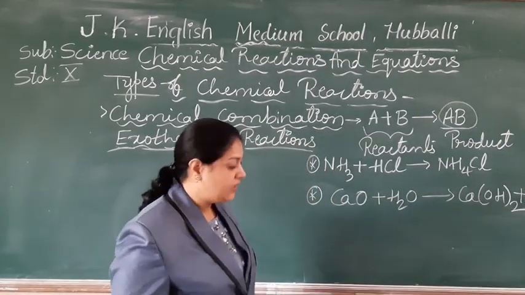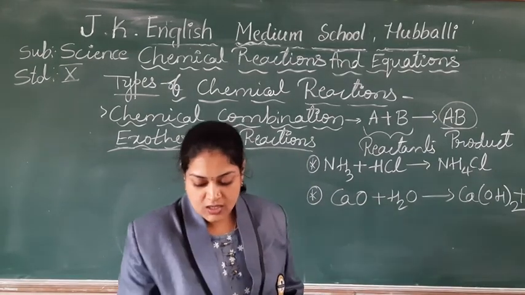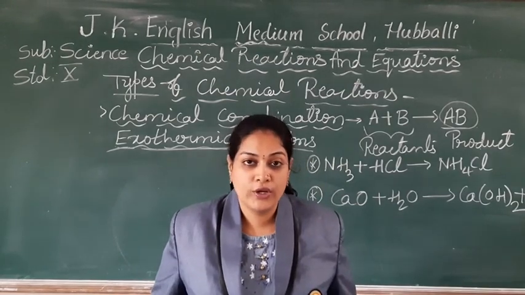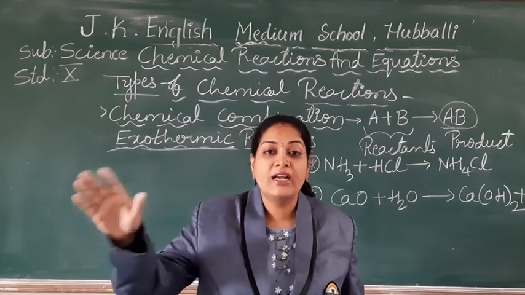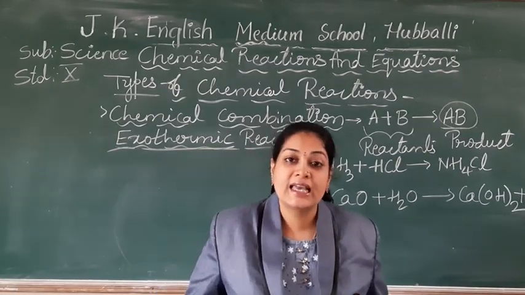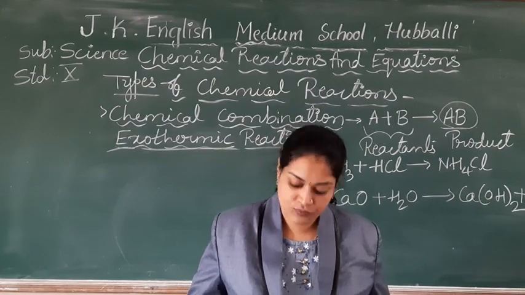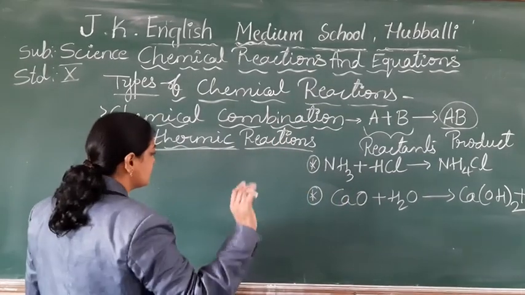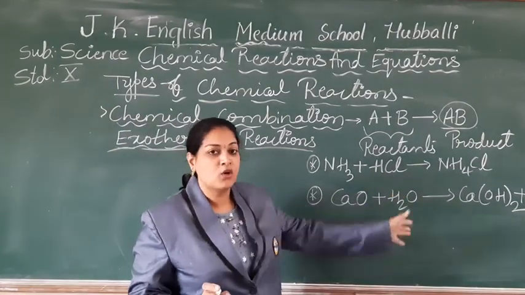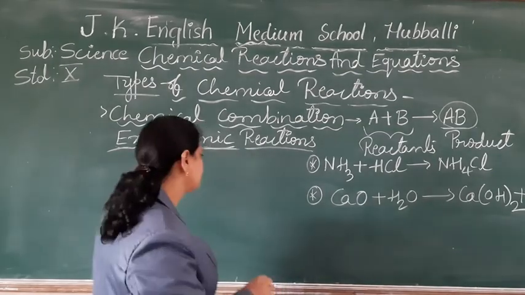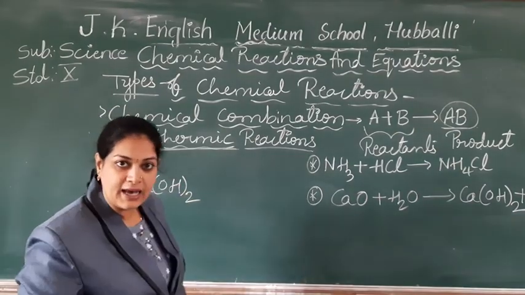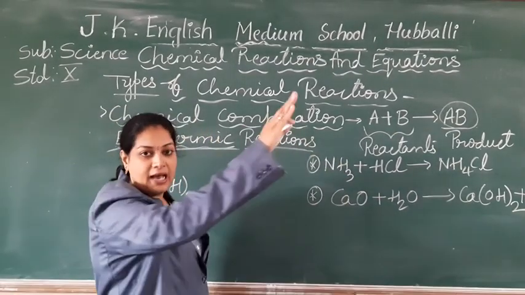I think you are familiar with calcium hydroxide, students. Yes, this calcium hydroxide, this is the slaked lime solution, what we are going to call. This we will use in whitewashing the walls. To make the whitewash for the walls, we will use the slaked lime. This is not an example of a combination reaction, just extra information about the slaked lime. Okay, students?